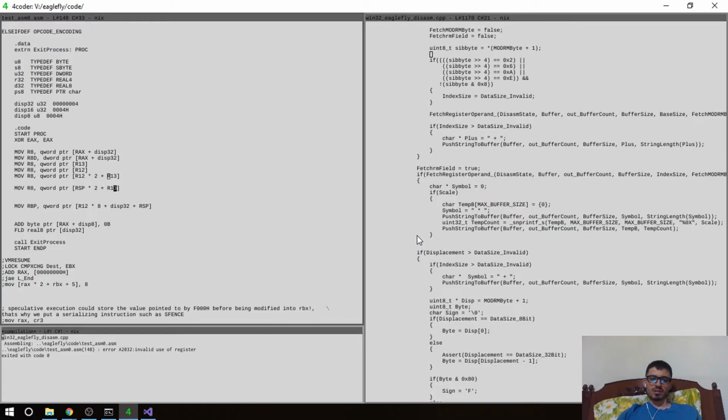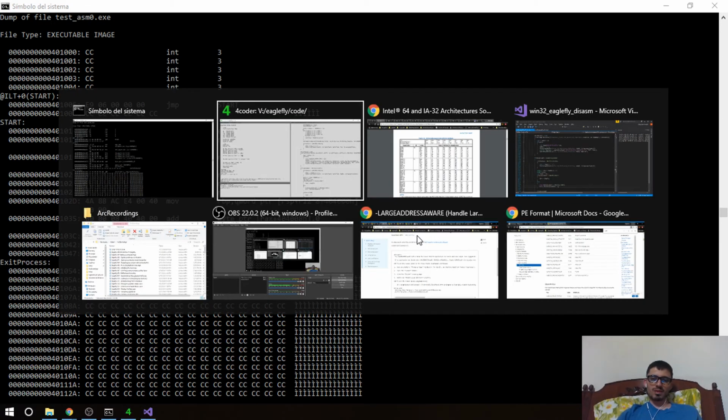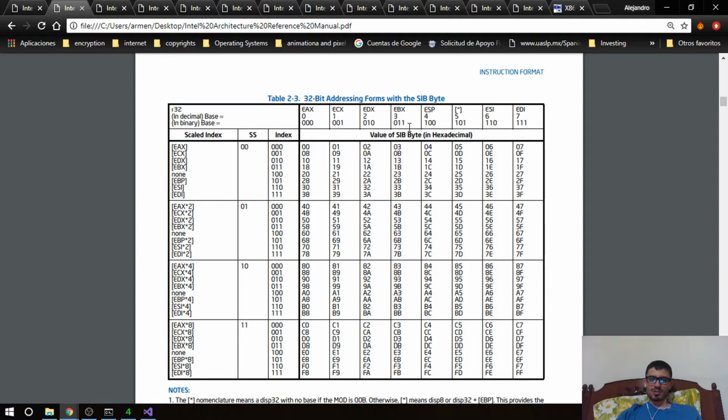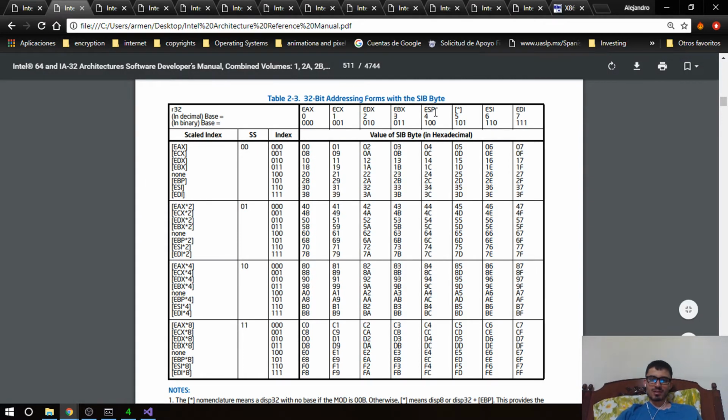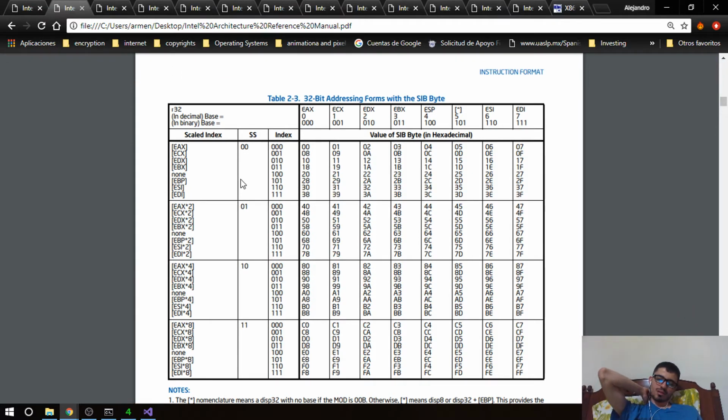But probably it's not decoded. So do they mean that if we use RSP here, it's not going to be decoded at all, because we have it here? Whatever we do with RSP is just going to be nothing. But if we use RSP plus the bit,